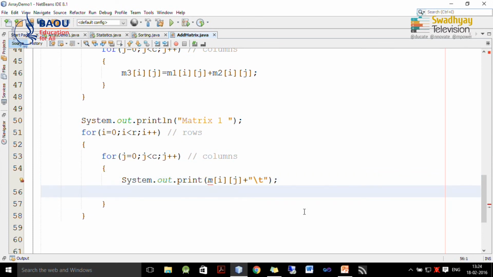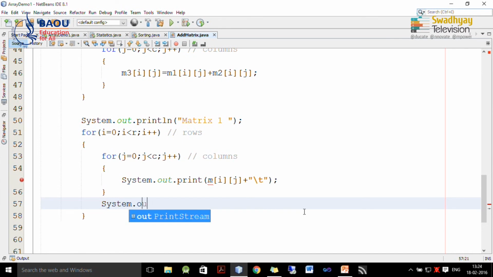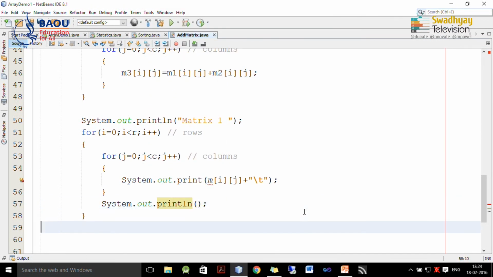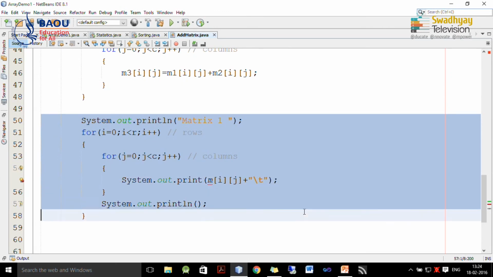Now, once first row is displayed, we want to go to next line. So, here we just write println to print next row in new line.